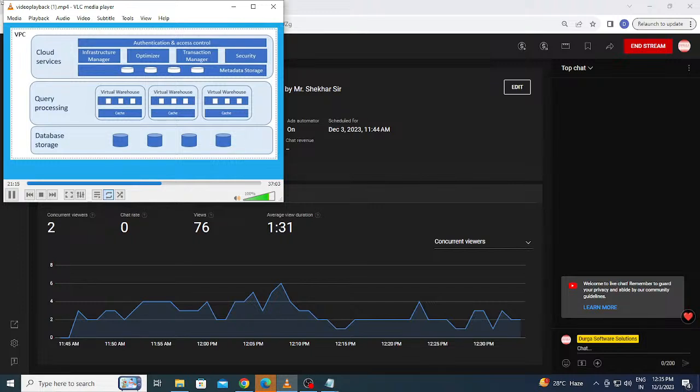So this is very much important. This query processing layer or virtual warehouse component is very much important, because of how you are going to store your data into your storage component. This virtual compute warehouse will handle whatever operations you do in your Snowflake data warehouse, whether you are loading your data or submitting your workloads